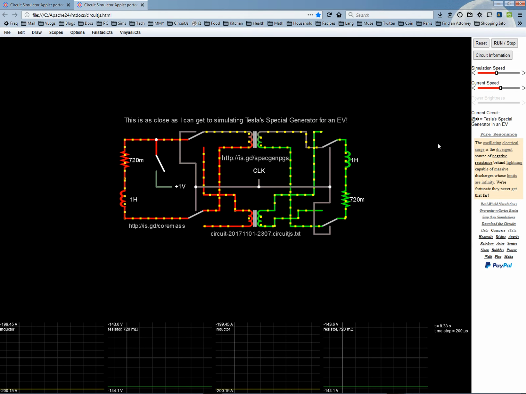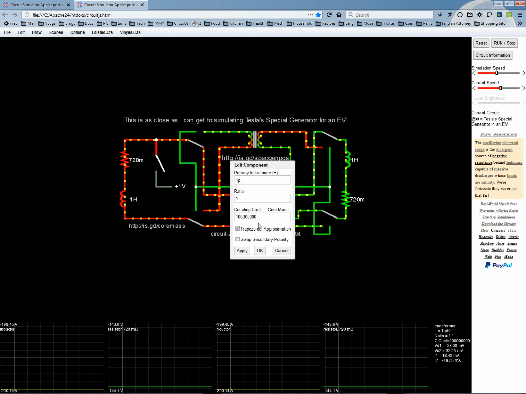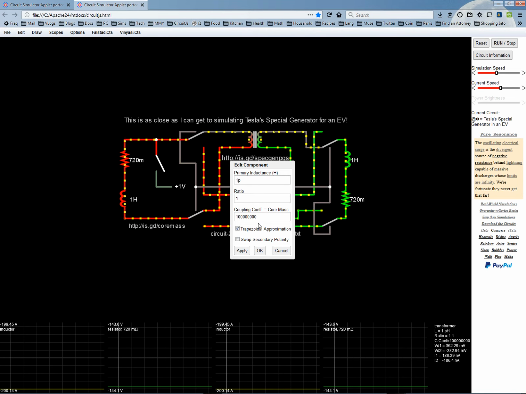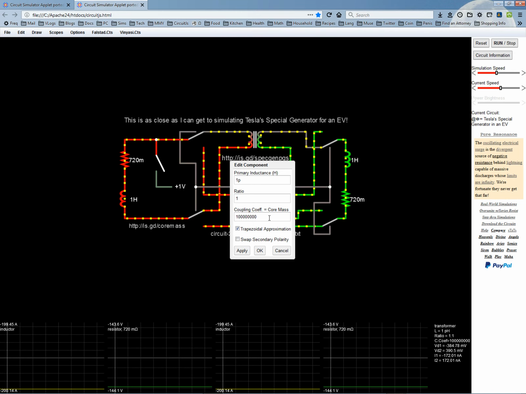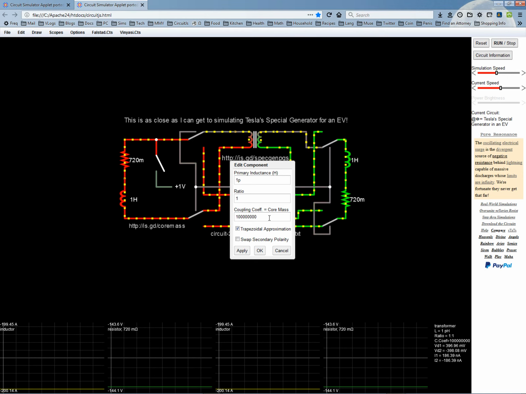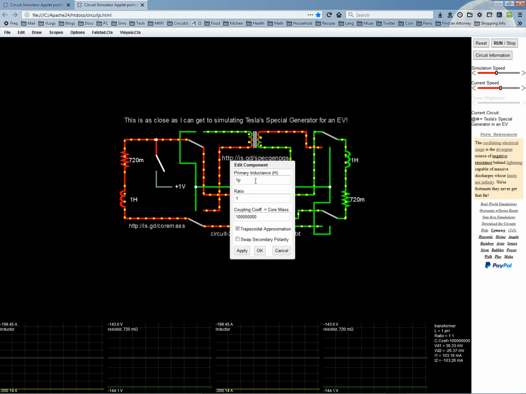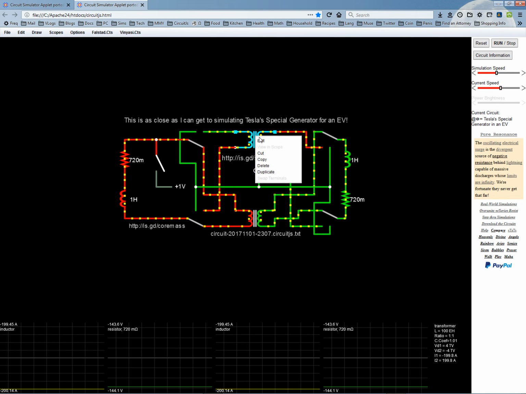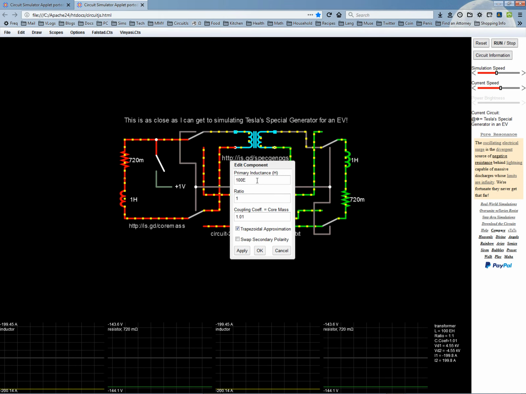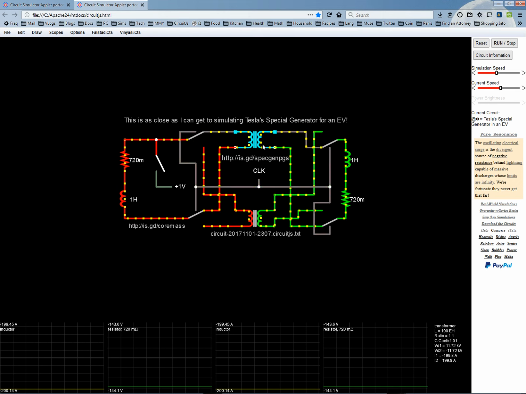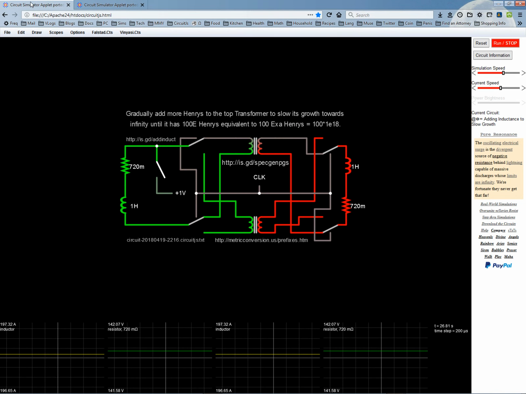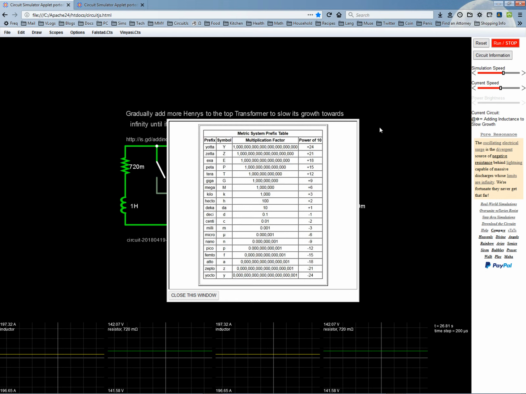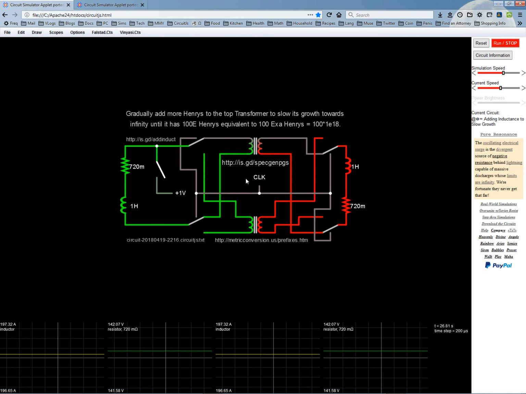So this is how I go about defending this simulation. This transformer is the H coils, and despite a coupling coefficient of, excuse me, not 100,000, 100 million, a coupling coefficient of 100 million, the inductive value is very low. In this simulation, it's 1 picohenry per coil. While in the M coils, we have a ridiculous inductive value of 100... let's see, what is that? Wait a minute, let's leave that there. Oh yeah, this will work. Okay, oh my god, 100,000 million, billion, trillion, quadrillion, pentillion. Okay, 100 pentillion